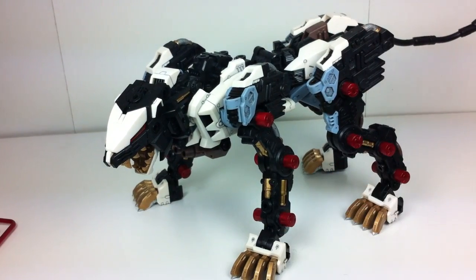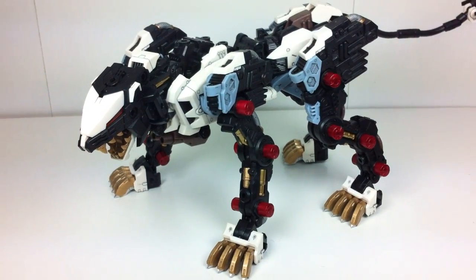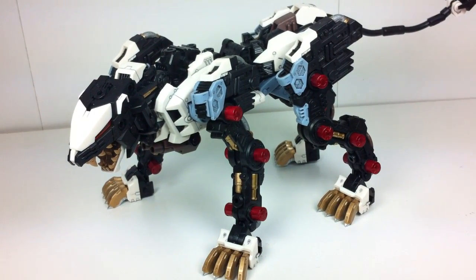So I'll probably go fiddle around with it, work on the Panzer armor, and then I'll get more work in progress updates as I go. I'll probably just do one more with all the armor completed, not attached, and I'll show attaching the armor on, and then it'll be done. And maybe I'll do